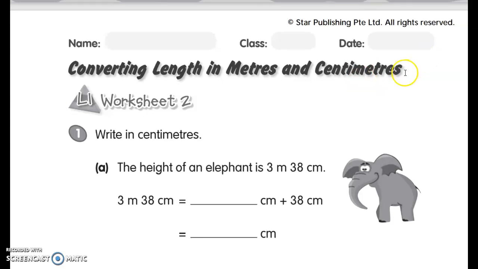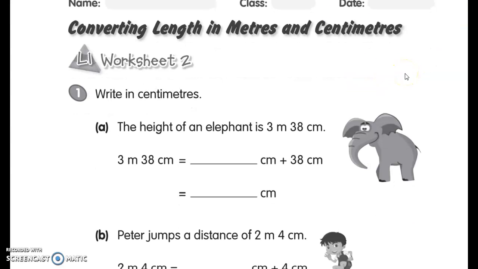Right, so let's begin. We're going to convert length in meters and centimeters, and we have done so in class. You have also used the measuring tape to see how 150 cm looks. And we know that 1 meter is 100 cm. So,